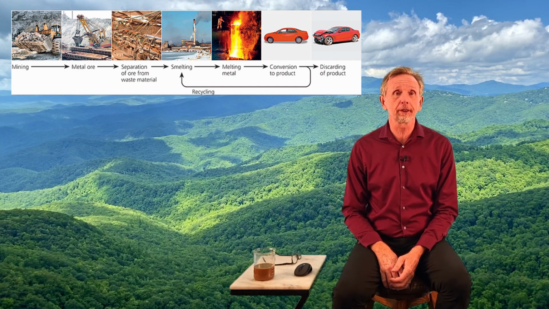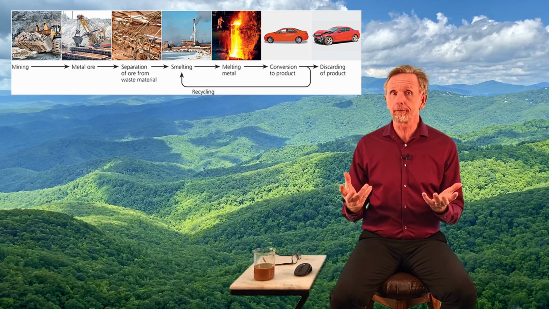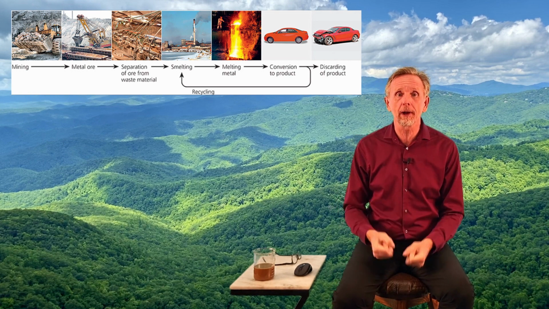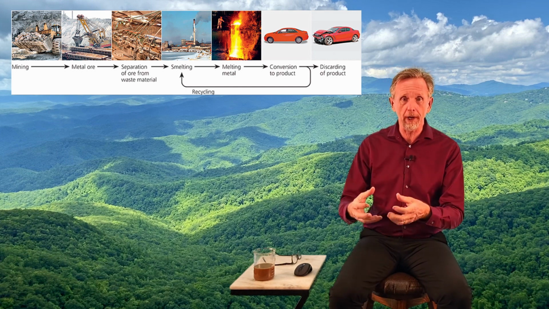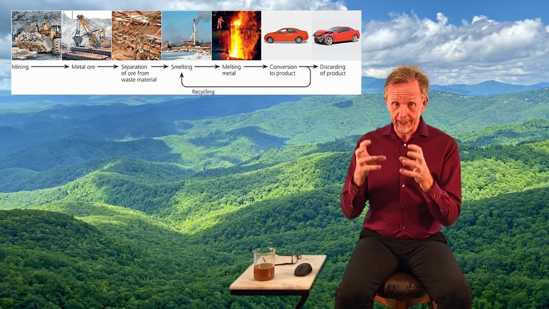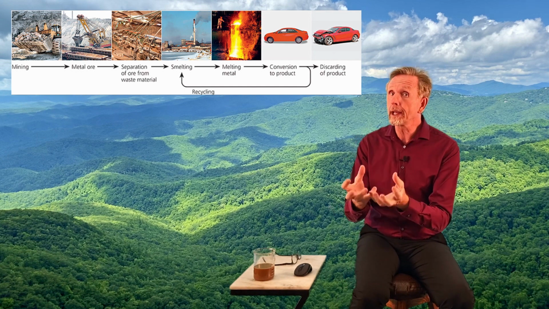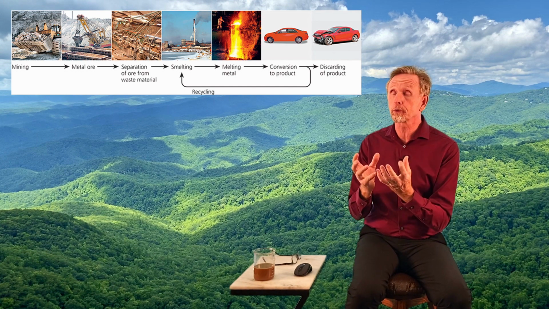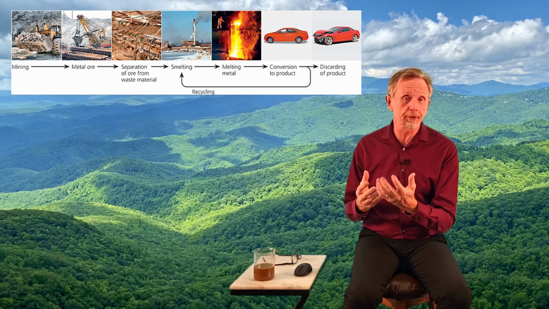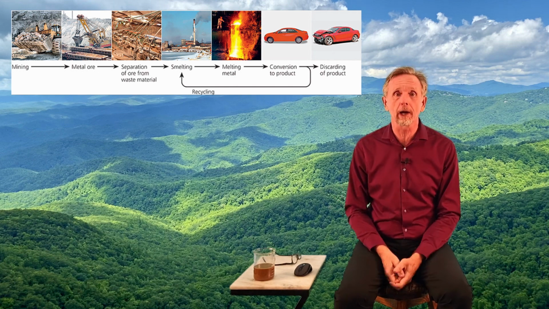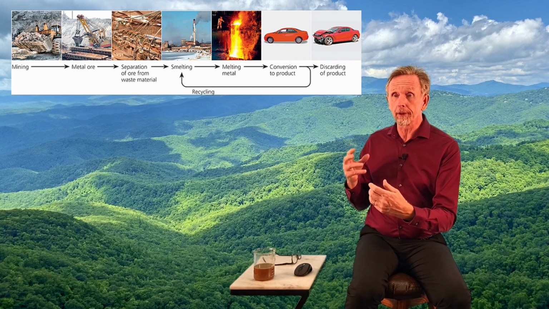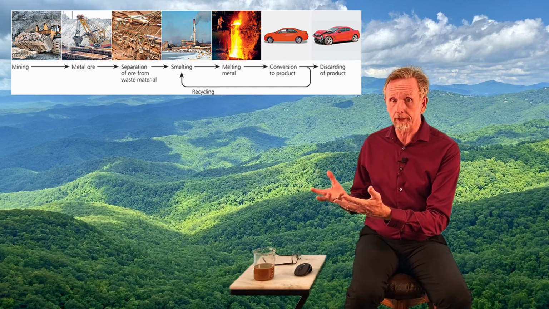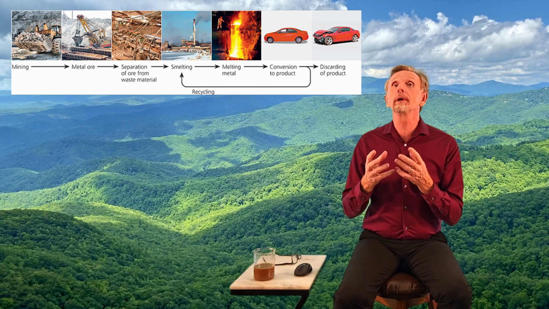Just as we look at the pictures, well, we have to mine for it, right? We've got to dig it out of the ground in some shape, form, or fashion. So we're disturbing the ground, we're pulling it out, we're getting the ore. Once we have the ore out of the ground, this is rock with substantial amounts of copper, gold, tin, whatever we're after. Then we have to separate the ore from the other stuff. They chunk the waste back out to the side. We take the ore and then we smelt it.